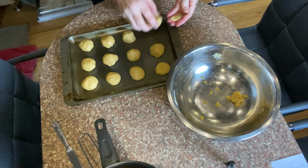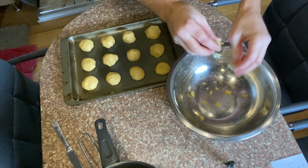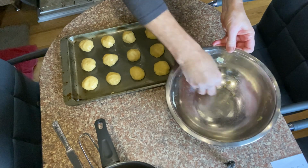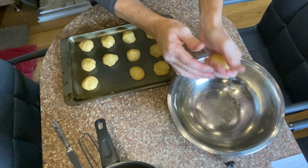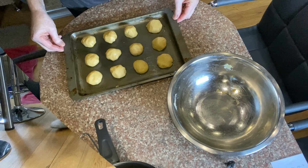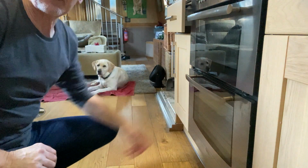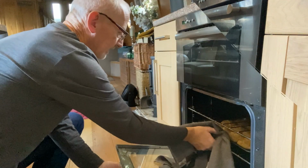And I've got a little bit left there, so I'm just going to incorporate that in. These are going to be quite big biscuits actually, and I know I could have done 2 batches, but I thought it would just be easy to put 1 tray load in. And that is it. All we've got to do now is get them in the oven. Middle shelf, gas mark 6, and I'm now going to set the timer for an 11.5 minute bake. Okay,